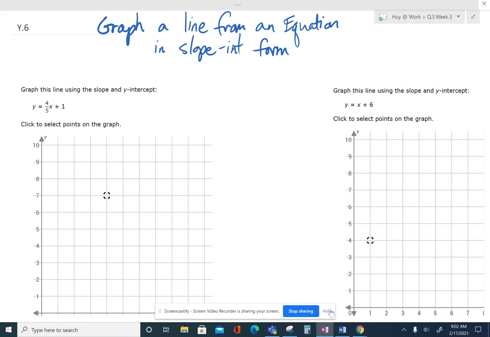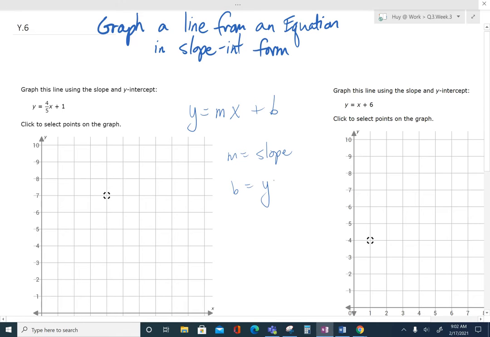All right, this is Y6. Graph a line from an equation in slope-intercept form. All right, so remember slope-intercept form is going to say y equals mx plus b, and m is your slope,